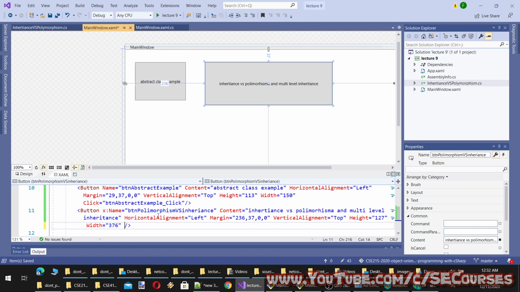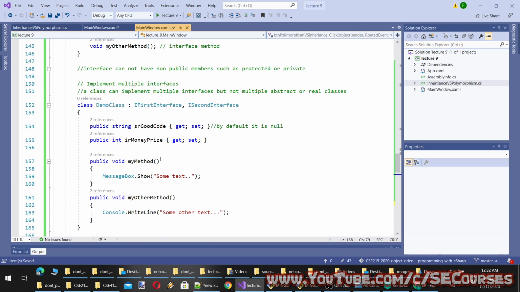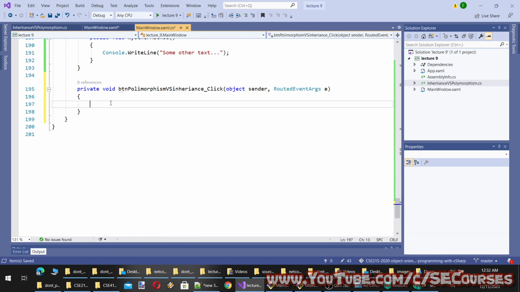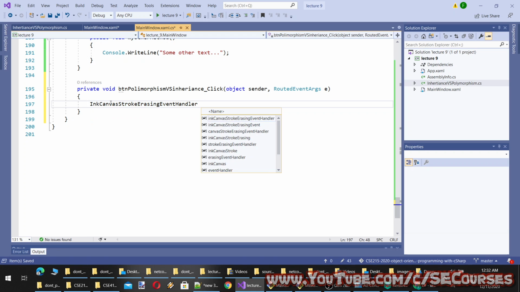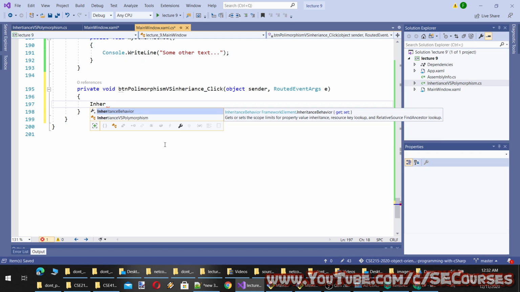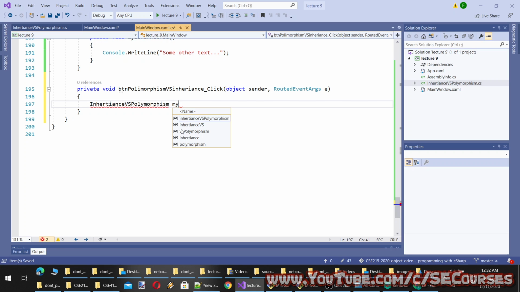Okay, let's add a click event. Alright, so what I need to do is inside this click event, I will compose an instance of inheritance versus polymorphism. Why doesn't it appear here? My x class equal to,